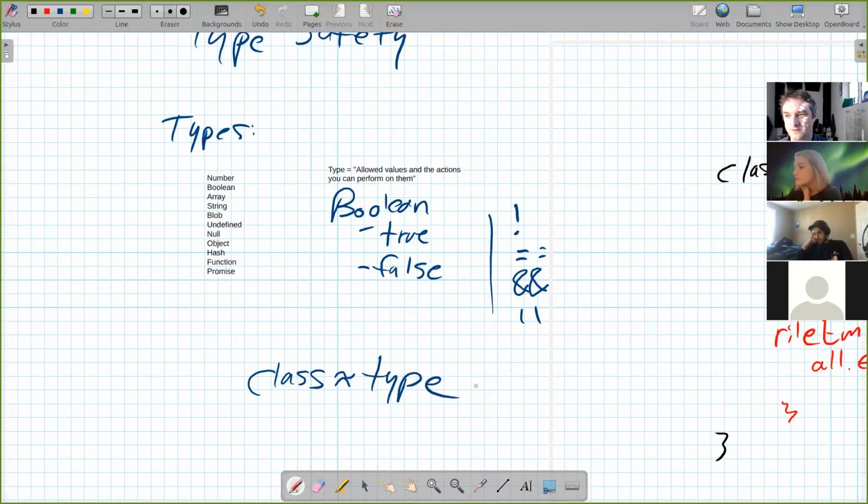in a lot of ways, these share this definition. They have some values. We have some actions we can perform with those values. And in a lot of OOP languages, those get used basically interchangeably.